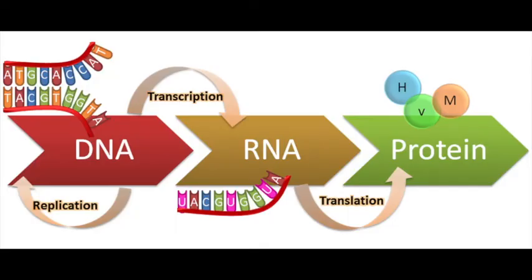The central dogma is the process by which the instructions in DNA are converted into a functional product. It was first proposed in 1958 by Francis Crick, discoverer of the structure of DNA. The central dogma of molecular biology explains the flow of genetic information from DNA to RNA to make a functional